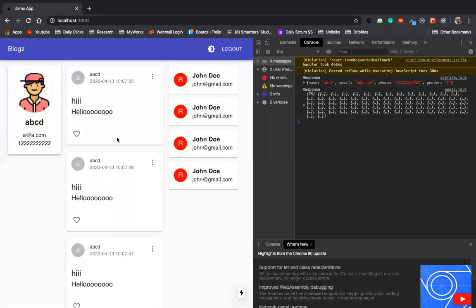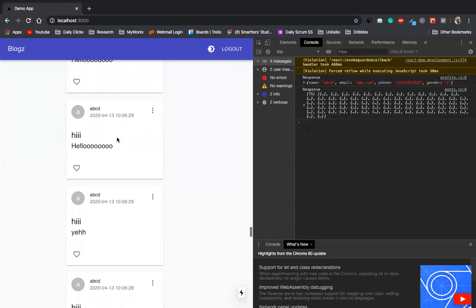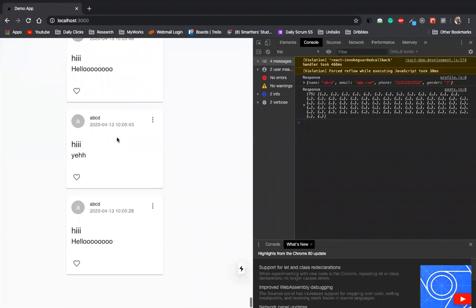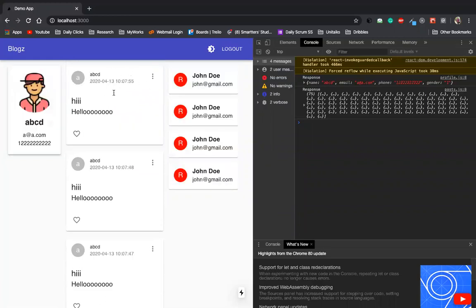See all the posts here. So in the next class, we will show a circular loader here until the posts are loaded. When the posts are loaded, it will remove the loader and show all the posts. And the same we will do for all the users.